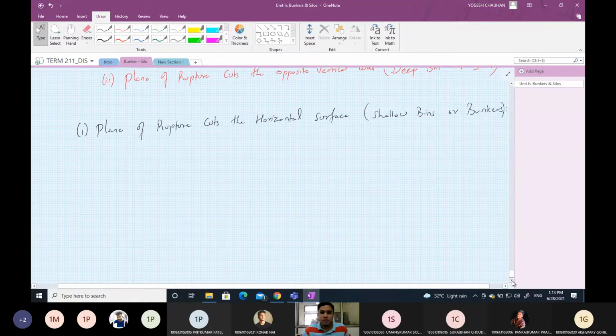As mentioned, this theory is based on the Coulomb's wedge theory. So for that, let us consider a block